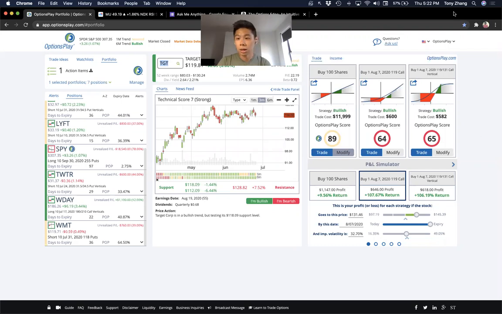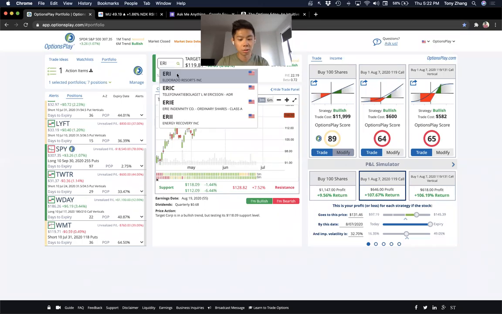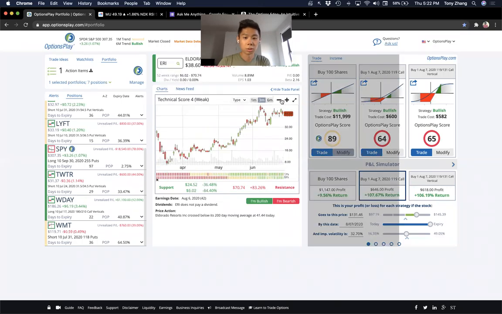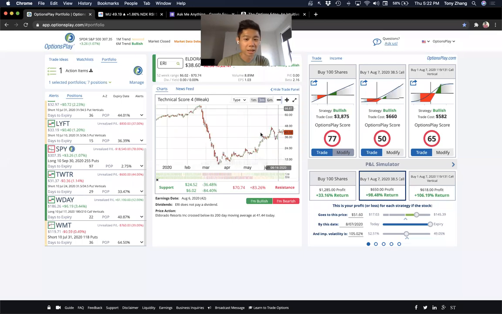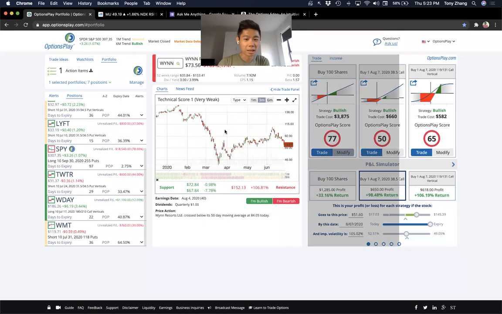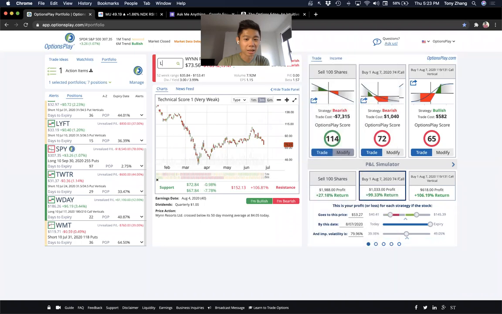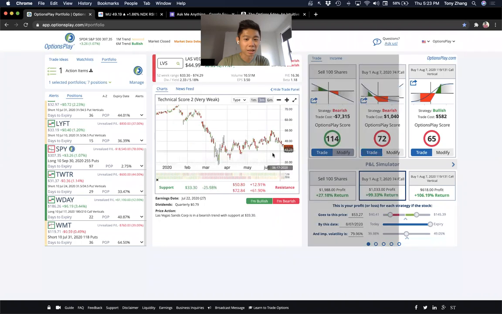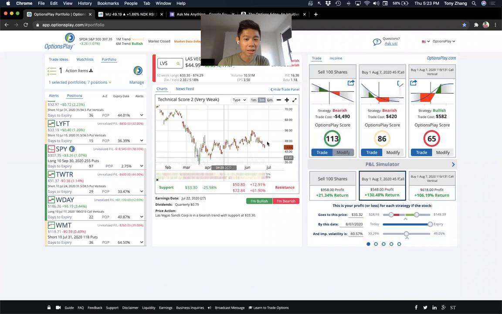The casino stocks, FYI, ERI is casino, not the gold stock. Eldorado Resorts, I don't know anything about this particular resort, but options aren't very liquid on this, so I wouldn't necessarily touch that myself. But if we look at something like Wynn or Las Vegas Sands, Las Vegas Sands, from my perspective, is probably the stronger of the casinos.